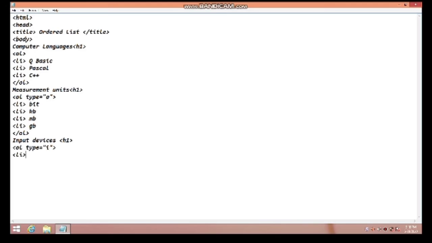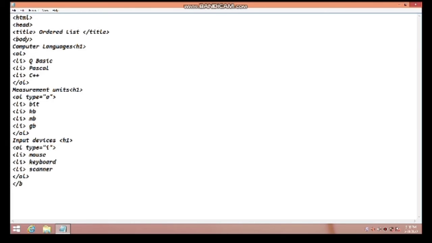So we give type in inverted commas, we'll give i, to change the numbering style into Roman numerals in lowercase. Now we give all the list items. We give LI mouse, LI keyboard, then LI scanner. Then we close the OL tag.